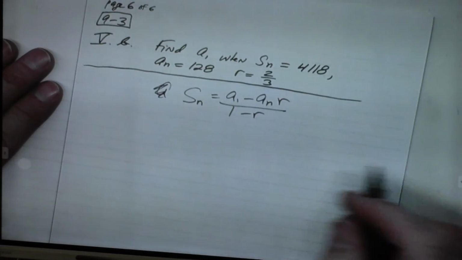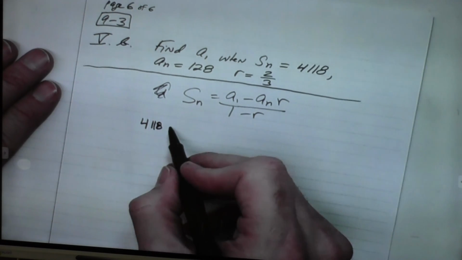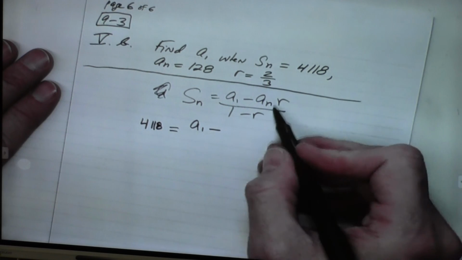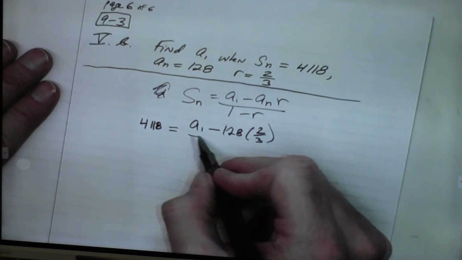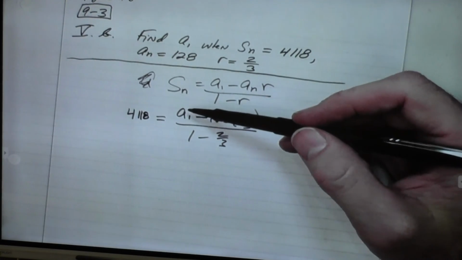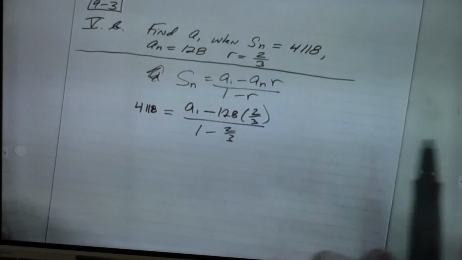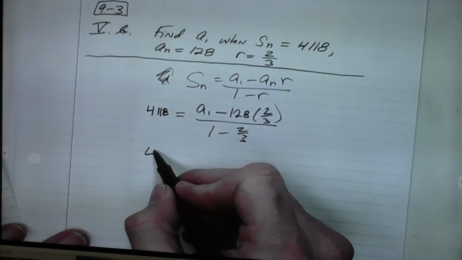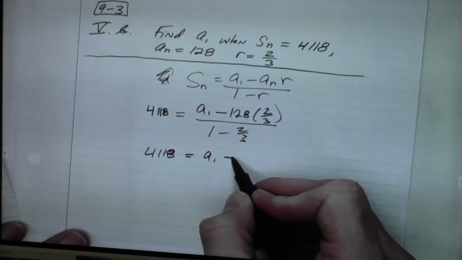So we know the sum, 4118, equals A1 minus AN, which is 128, the R is 2/3, and 1 minus 2/3. So this is nice here that there's only one A1, so we won't have to do that factoring in order to combine them, so we save a little bit of trouble there. There's enough other trouble with the fractions to keep us busy though in this one. So let's do some calculating with it. 4118 equals A1 minus, well,